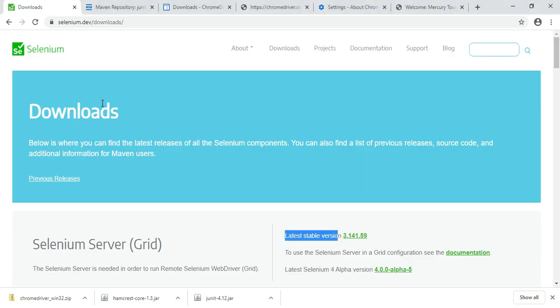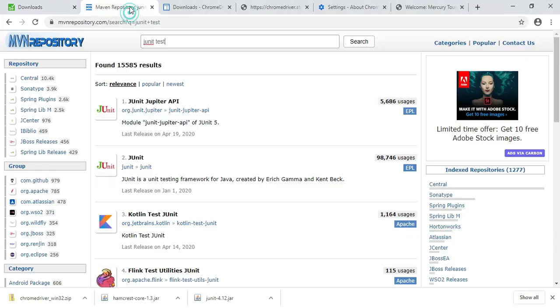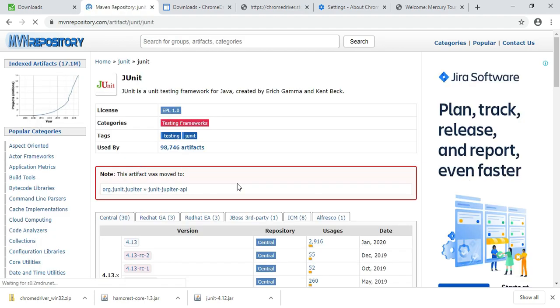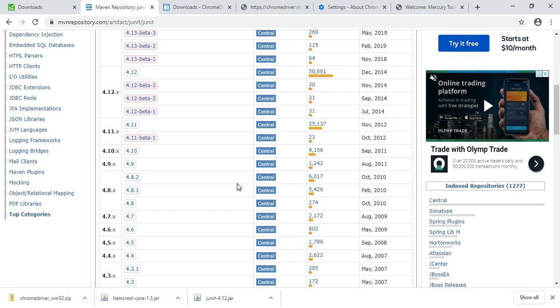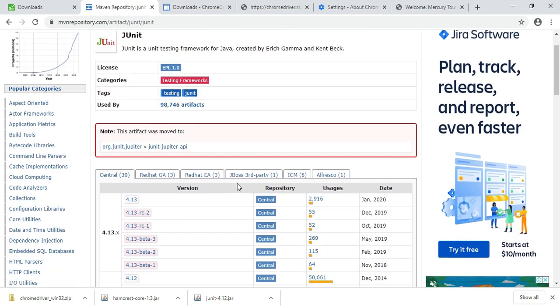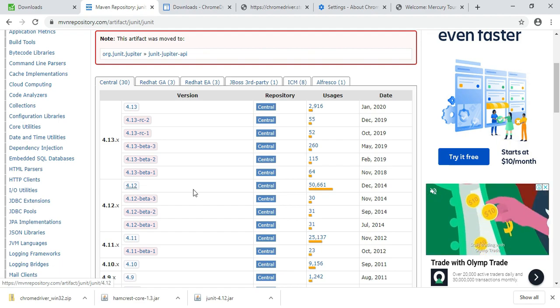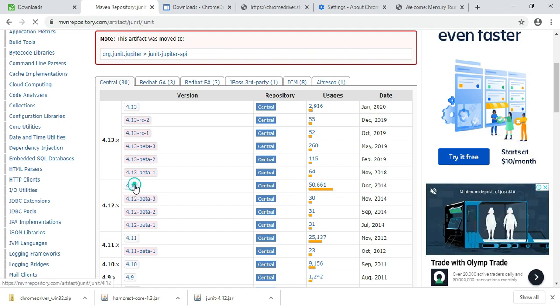The other jar files which will be required are JUnit, which you can download from the Maven repository. You need to come here. Just download 4.12, as it is used by so many users.